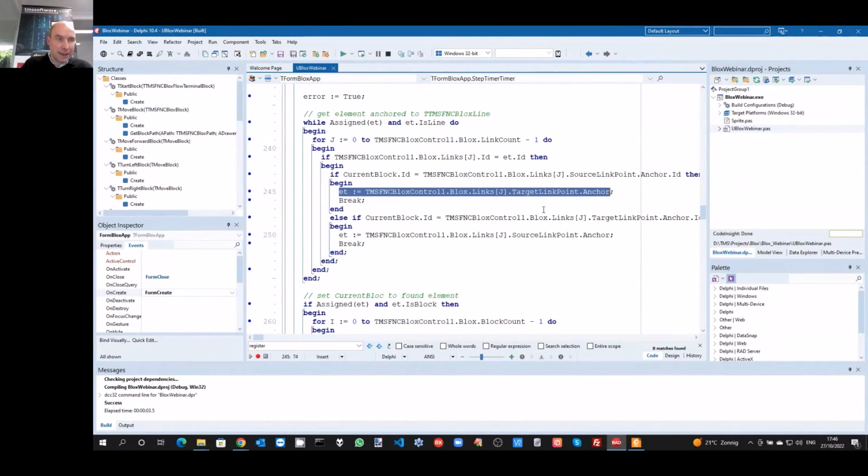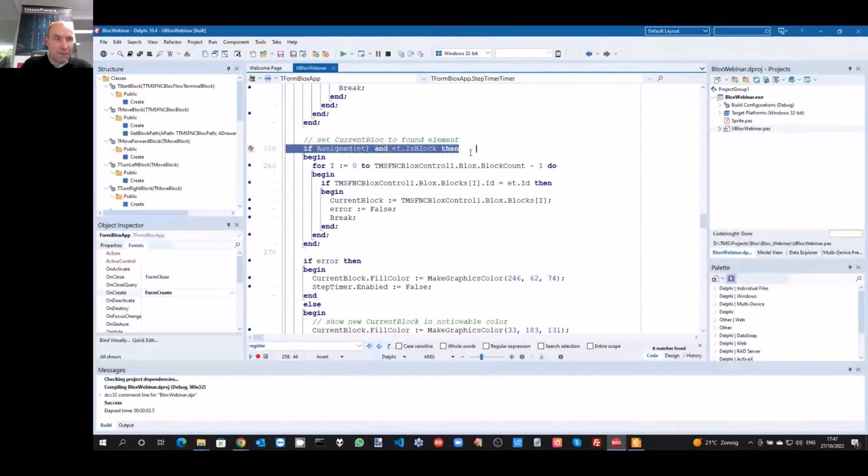So if this next element is effectively a block and not a line, and if it's assigned, of course, then this block will become the current block, the new block where we are.